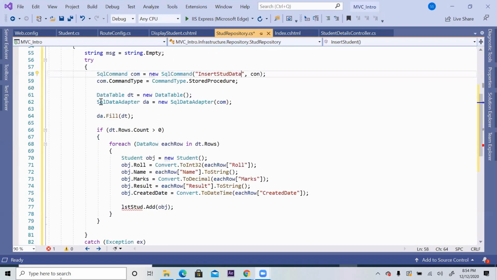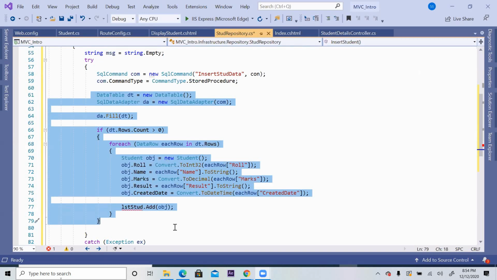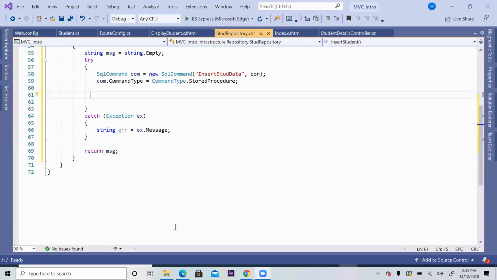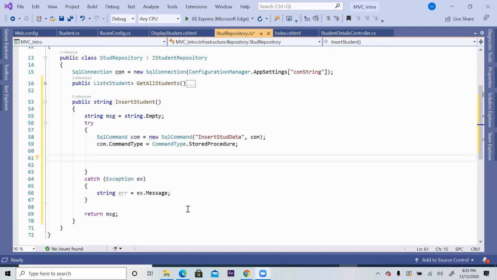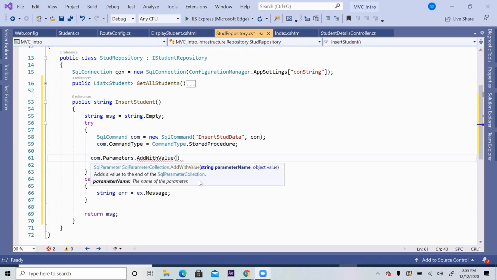Okay, so these are all because it is collecting the data and displaying. But this time we are not collecting and displaying. We have to insert the data into the database, which is connected architecture. So what do you need? First and second step of ADO.NET, we did it. Third and fourth step we have to do on our own. That means parameters, you have to decide what are the parameters to be sent. Second thing is execute non-query. So com dot parameters dot add with value.